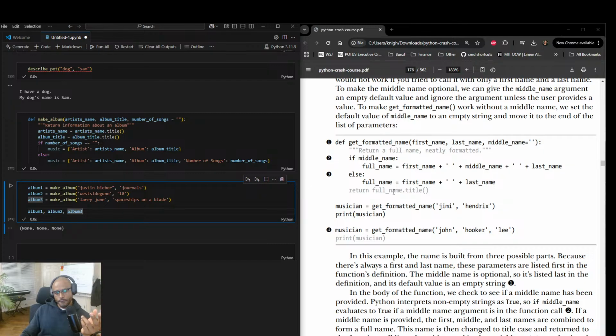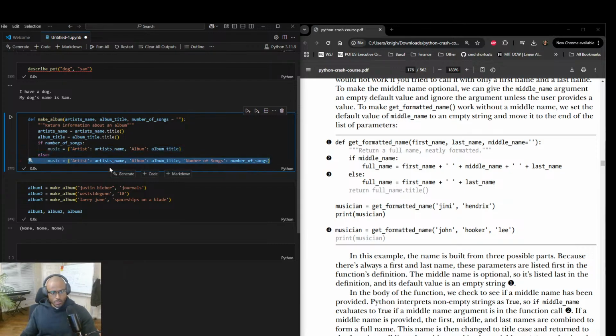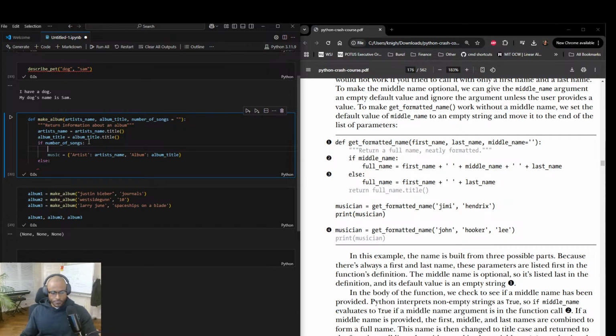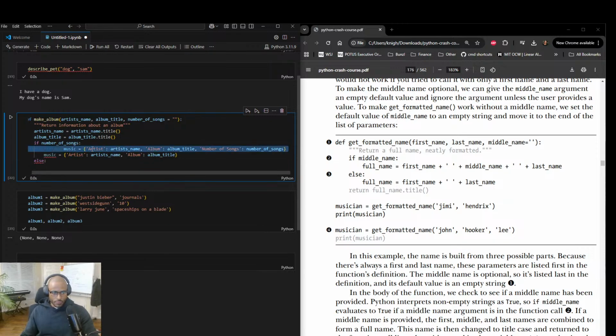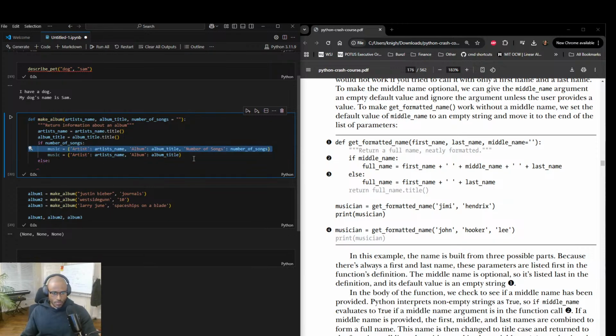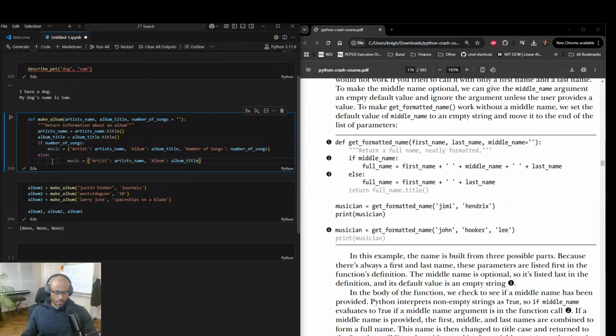If middle name, full name. Oh, so if middle name is true, full name, else full name. So hold up then. If number of songs, you can give me all of it. Else, give me a little bit of it.